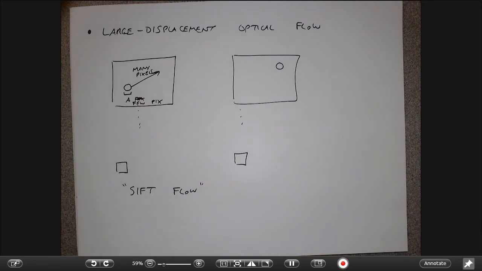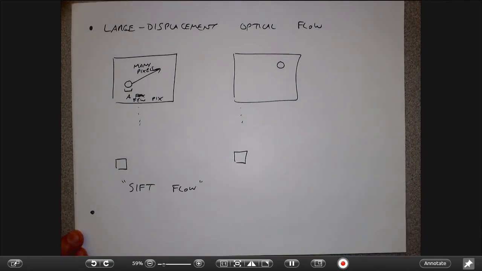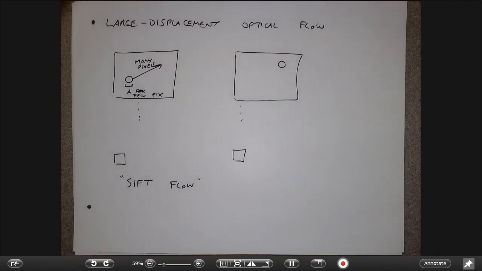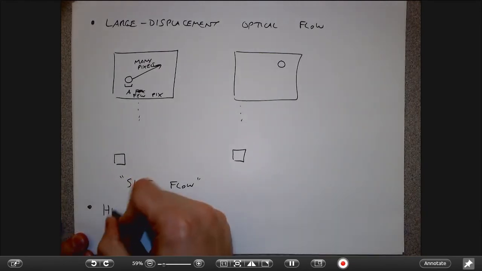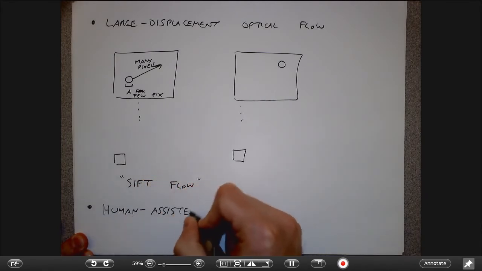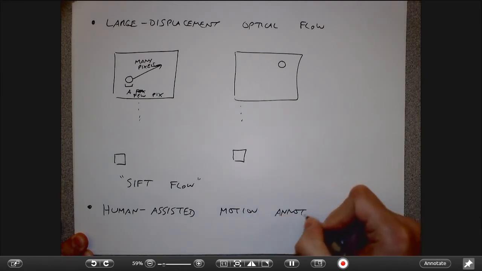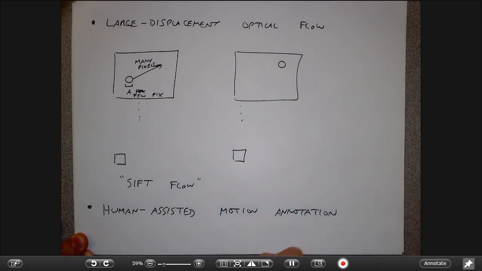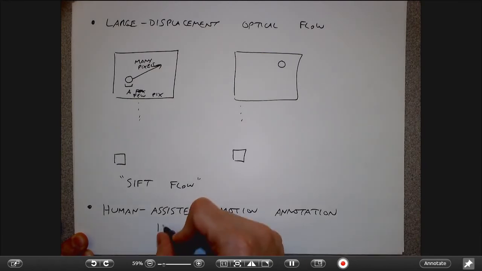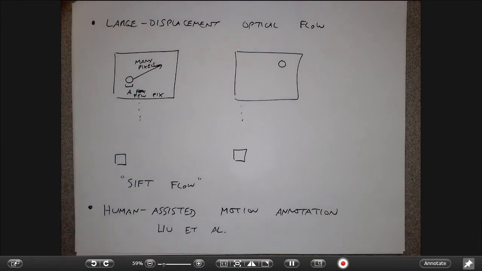So a final thing is that, again, there's so much effort in computer vision to make things fully automatic, but there's really no reason why that has to be true. So there's a nice algorithm called human-assisted motion annotation, by Liu et al. And so the idea behind that